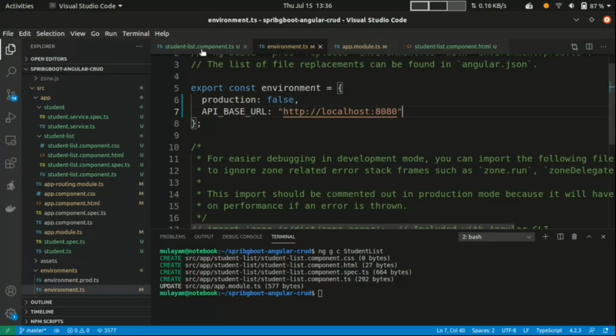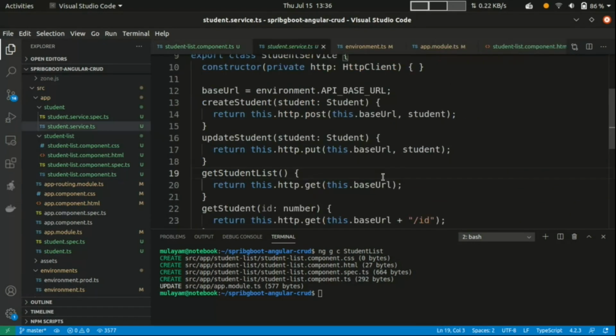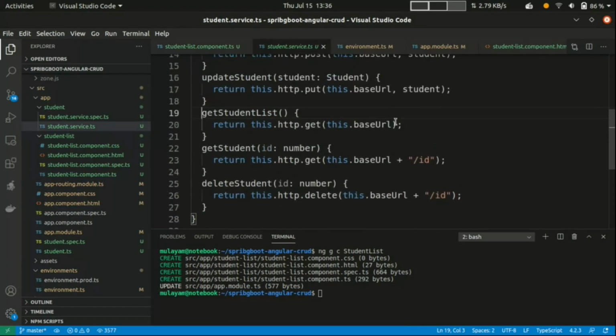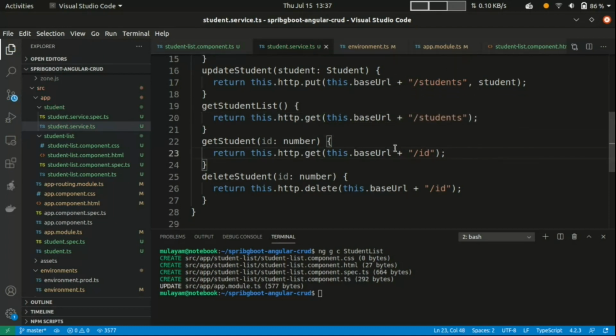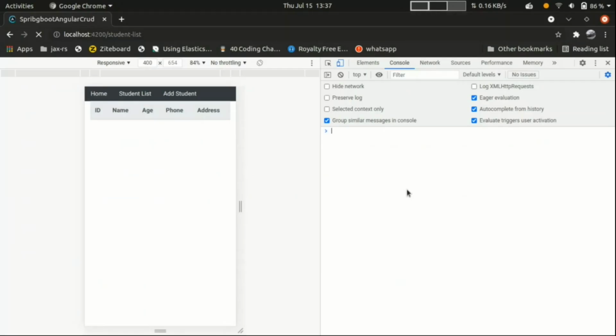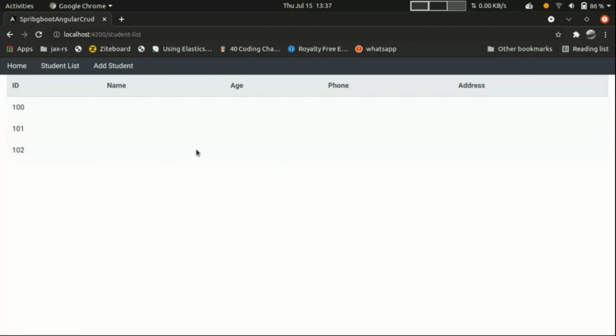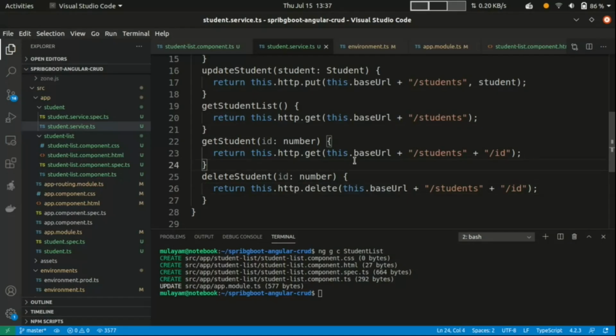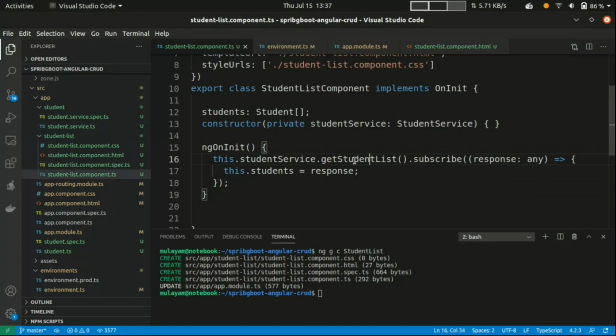Okay, the problem is I forgot to mention here student slash students. I have to add student, sorry. Okay, it is loaded now. That's great. Sorry, I forgot that.